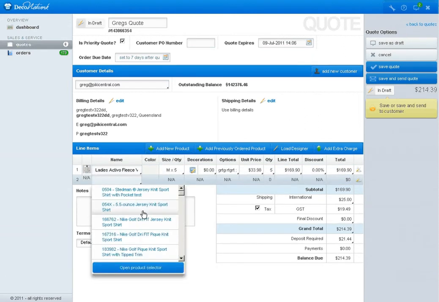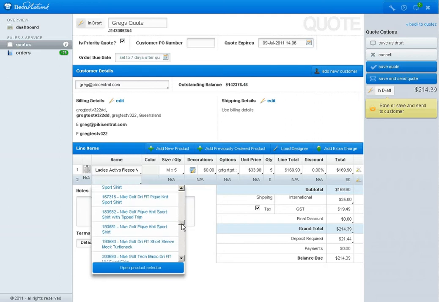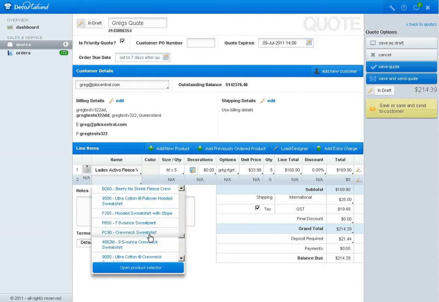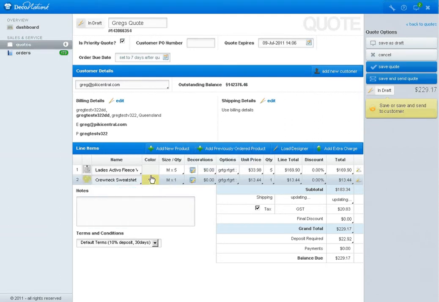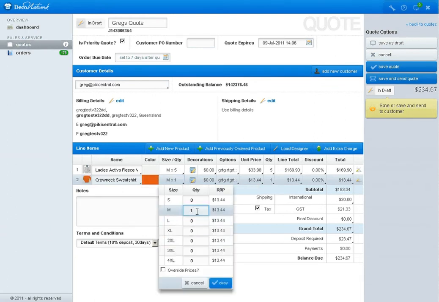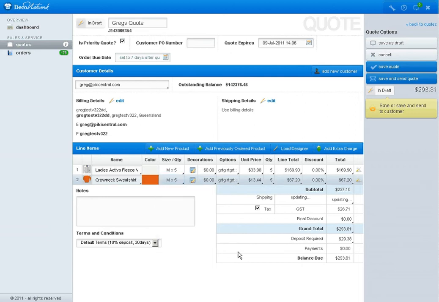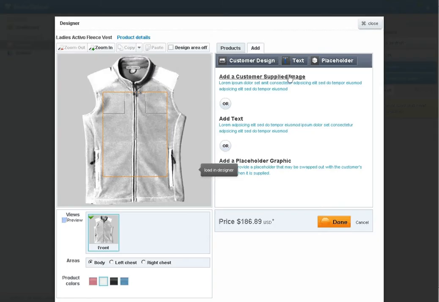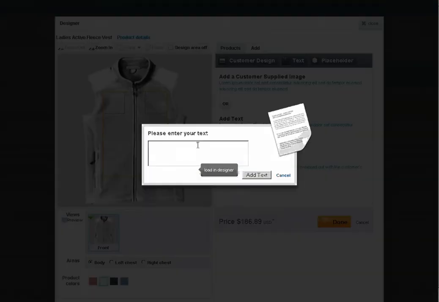And I'm going to add another product, and this one, if I scroll down, I'm after a crew neck sweat. Okay, and this one is actually in orange. And again, they want 5 mediums. Okay, I know both of these garments require decoration, so I'll load my designer, add some text,